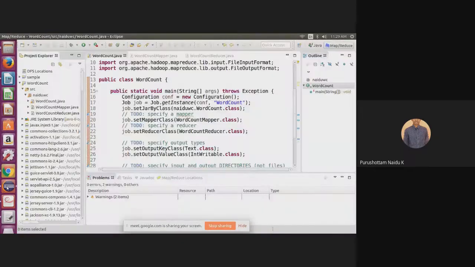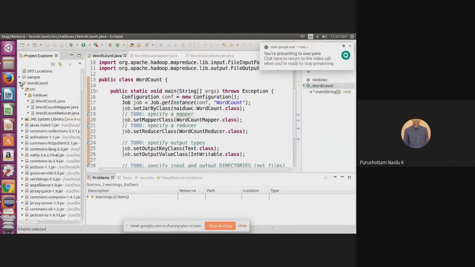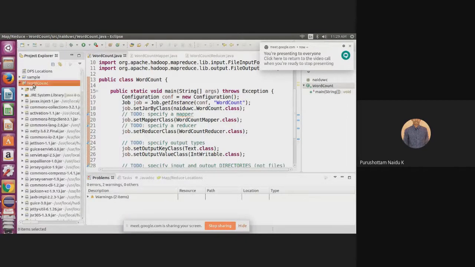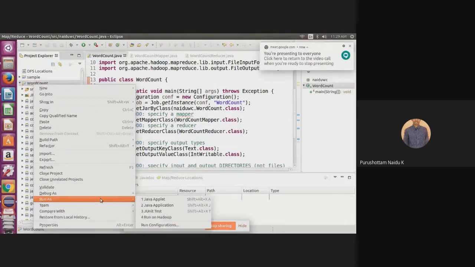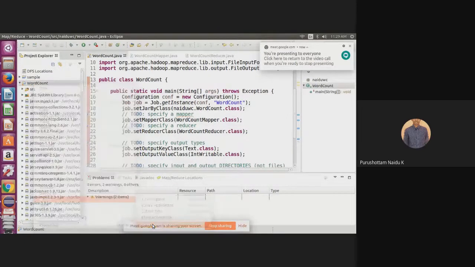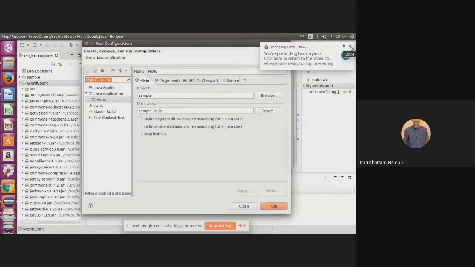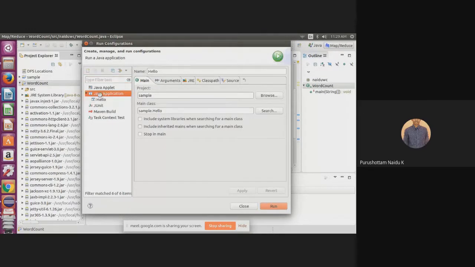How do we convert it into a jar file? I can show you here. First, click on the project, right click, Run As, then Run Configurations. Choose Java Application, which has a plus symbol.